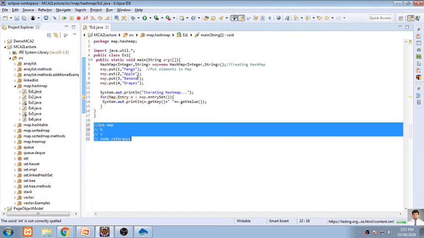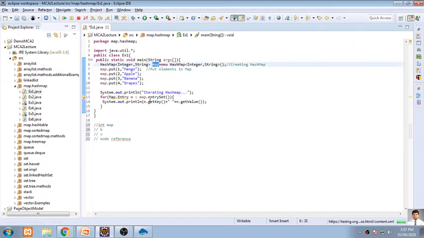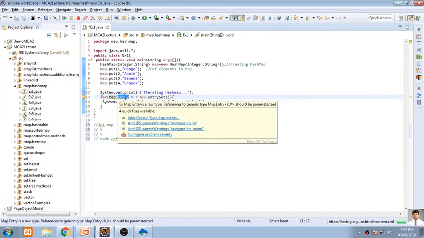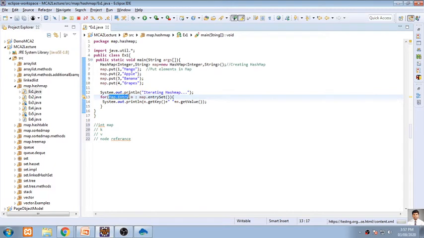So whenever we want to retrieve this type of map, it is always preferred to go for an enhanced for loop. There is one class called Map.Entry. This is a static class, and we'll be using an object of this class. I am defining it as a Map.Entry reference, and the name of the reference is m.